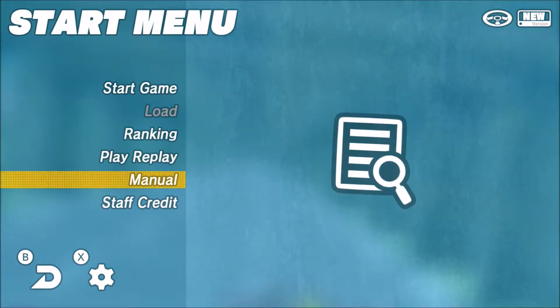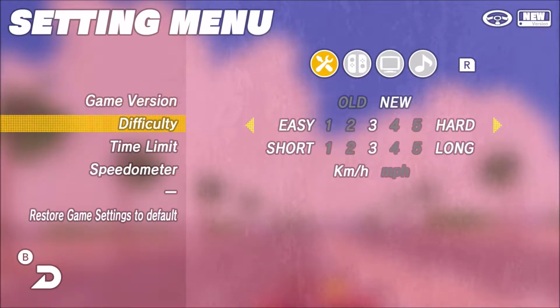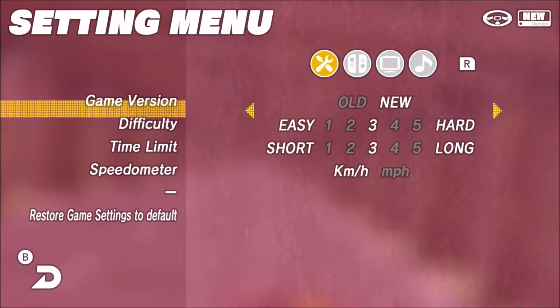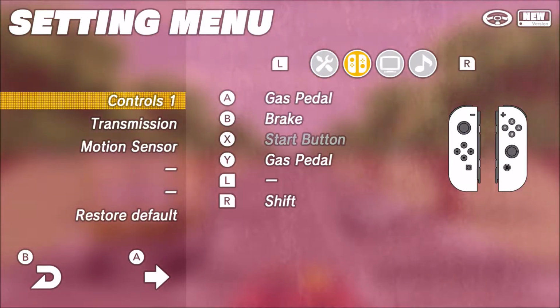Actually, you know what? I need to go into the settings. So we're going to go new. I don't know what the difference is between the new and the old, but we're going to try that. We're going to keep the settings as far as difficulty pretty much default. Keep it as kilometers because we're in Canada, or at least I am. Gas for A, B for brakes, and the R button is for